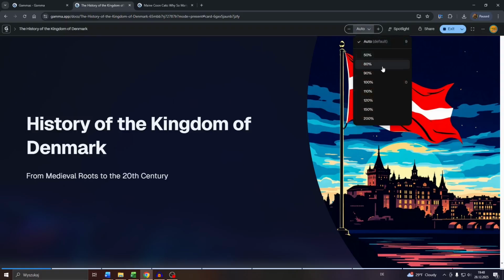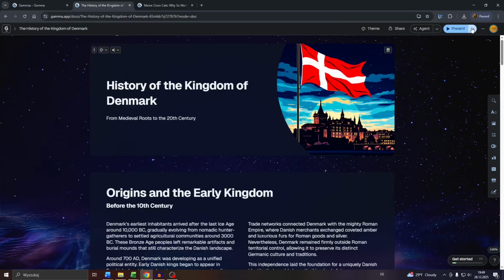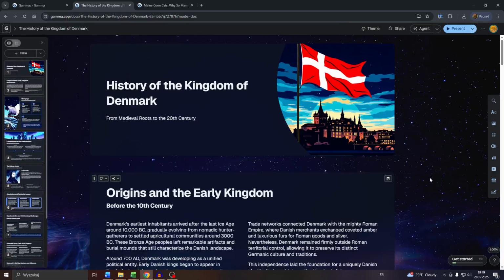presentation here at the top, or for example, no, that's the zoom. You can zoom in, zoom out. You can also exit the present mode here, or enter the full screen mode, and so on and so forth,